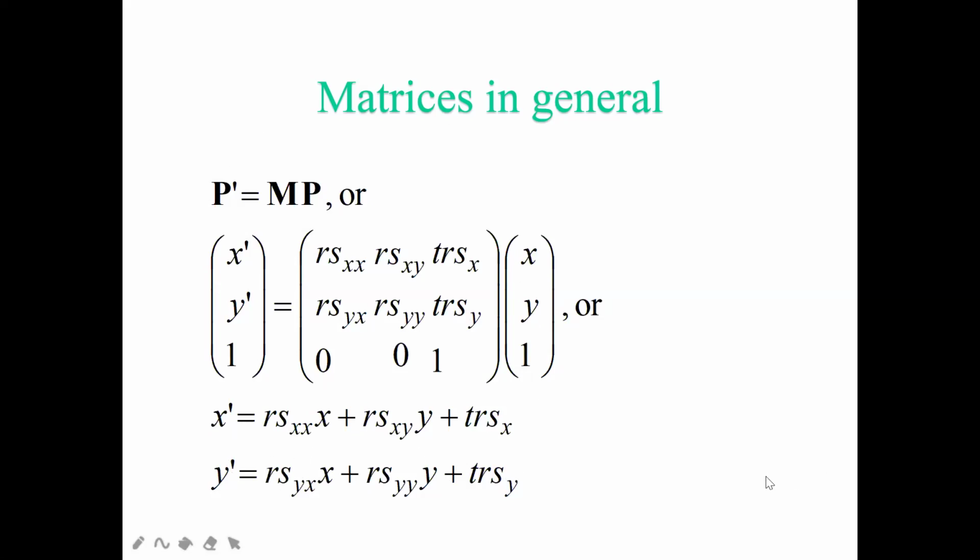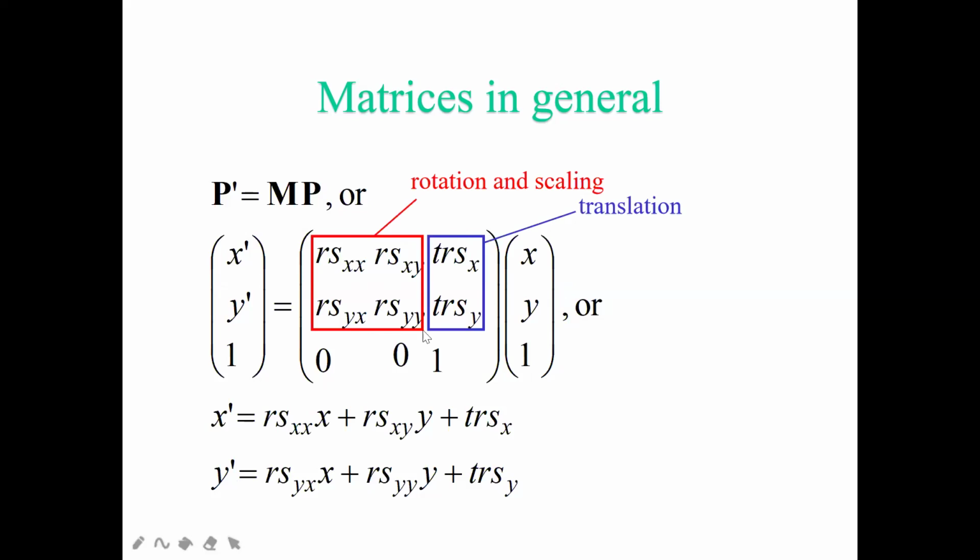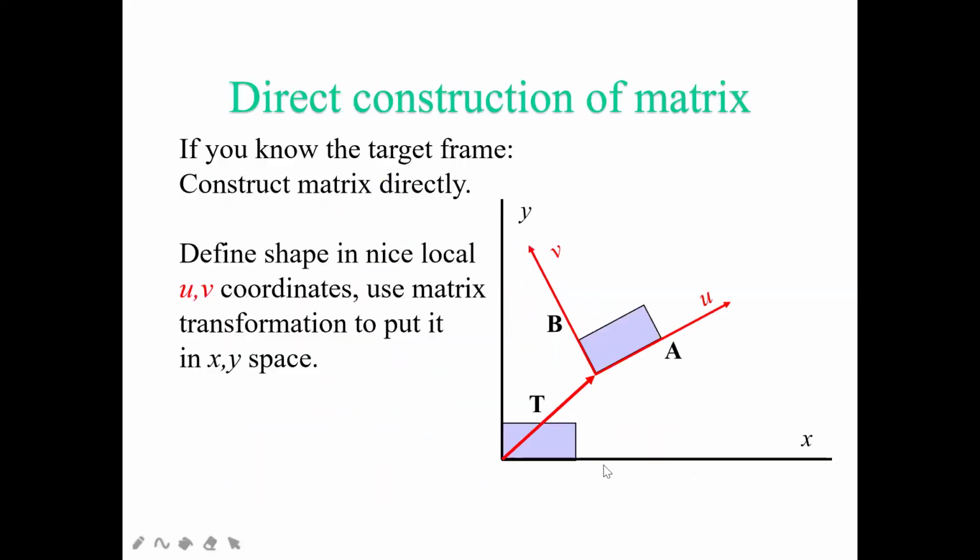So this is the matrix in a general way. Here you can see it has been marked also. For rotations and scaling, you need to use this much. Then for your translation, you are going to use this much. So here you are going to get your rotation and scaling matrices, and here you are going to get your translation matrices. Whatever is there, you can see over here by multiplying with your x, y, and 1.